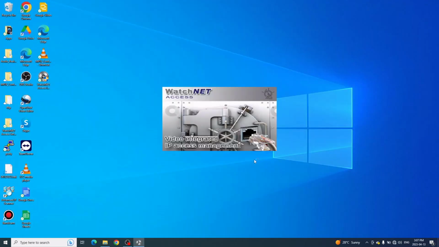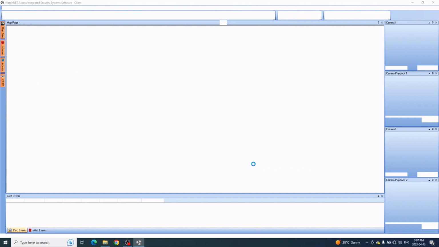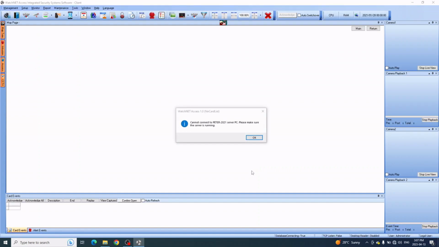Once it restarts, just wait for it to restart there. As soon as the software resumes, you will see this message because this is the old computer name. The new computer name of this computer doesn't match it.